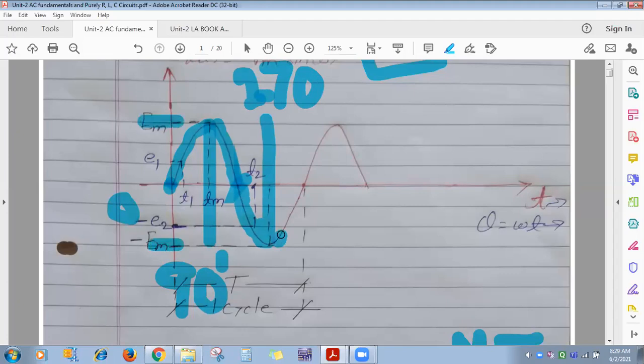Further you rotate from 270 to 360 degree. Again after 270 degree, d phi by dt will go on decreasing, but the direction of EMF induced is the same. And again at 360 degree, when both the plane of the coil and the magnetic field are parallel to each other, no EMF will get induced in the coil. It means you have rotated the coil from 0 to 90 to 180 to 270 to 360. How many revolutions has this coil completed? Only one revolution.